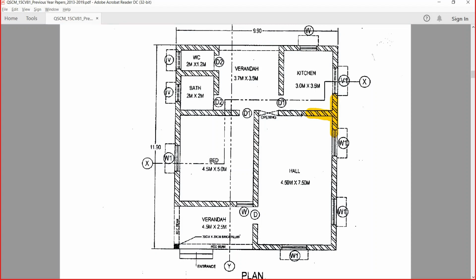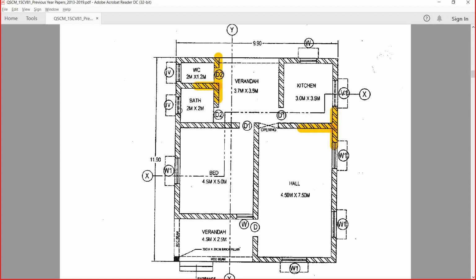This is a T junction. I hope you are able to see there is a T junction here, and a T here, and a T here. I'm just giving examples. There is a T here, a T here, a T here, a T here, right?